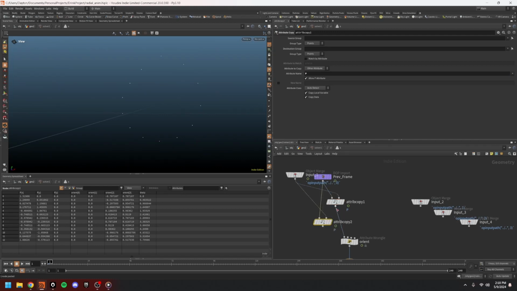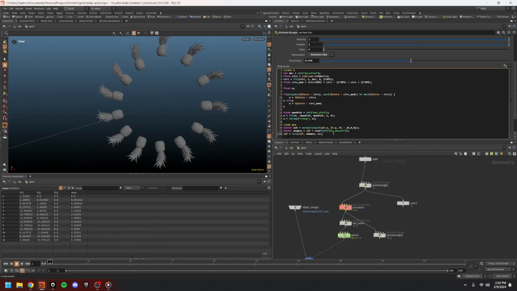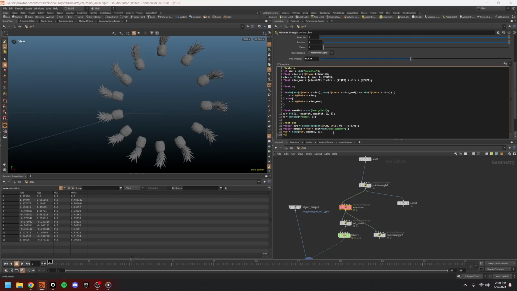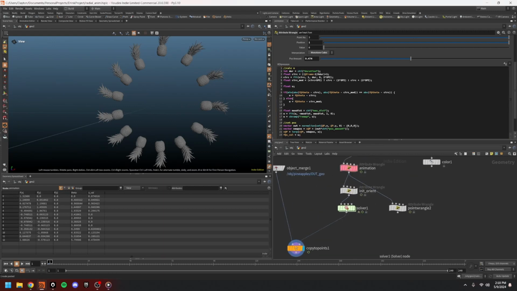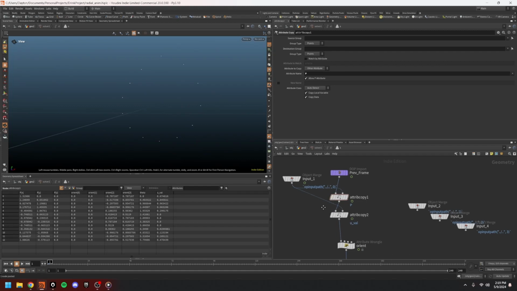And I also would like to copy the U value because that's animating as well. As a matter of fact, I just realized that I have forgotten to export the U value. So go back to your animation node here. I'm just going to say f@uvalue is equal to u. So we have an animating attribute now. Cool. So just any animated attributes, especially position, stuff like that, you want to copy into